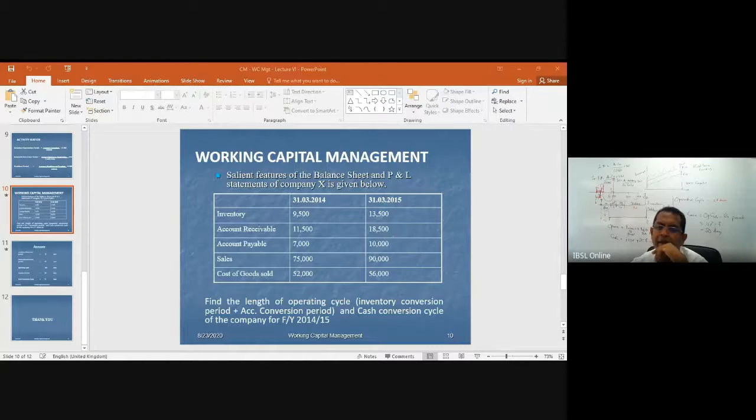Cash cycle is operating cycle minus creditors. So you need to work on the creditors. If you get the operating cycle, work on the creditors, right? Sanjeev, this is correct. This is 81. Maybe a slight decimal point change. So it is 81. This is correct. Darshini, work on this.